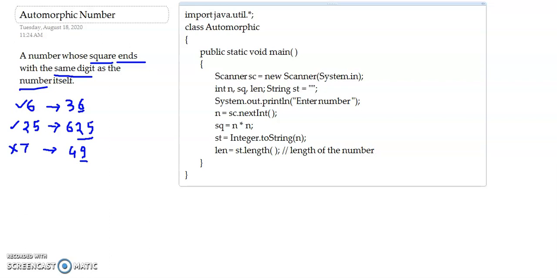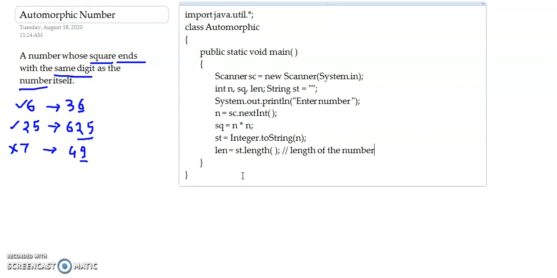Now to extract this number of digits which is present in len, we have to use the modulus operator. Why the modulus operator? Because previously you have seen that when you mod something using 10, it will give you the unit digit. When you mod some number with 100, it provides you with the last two digits.